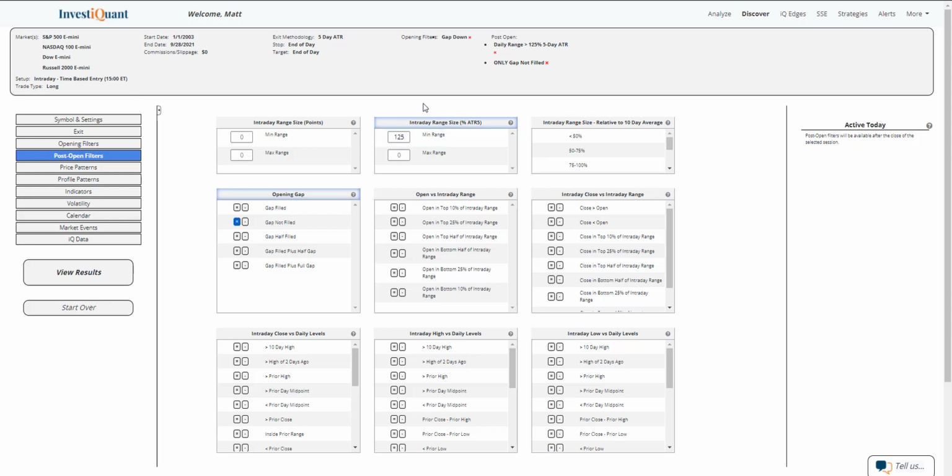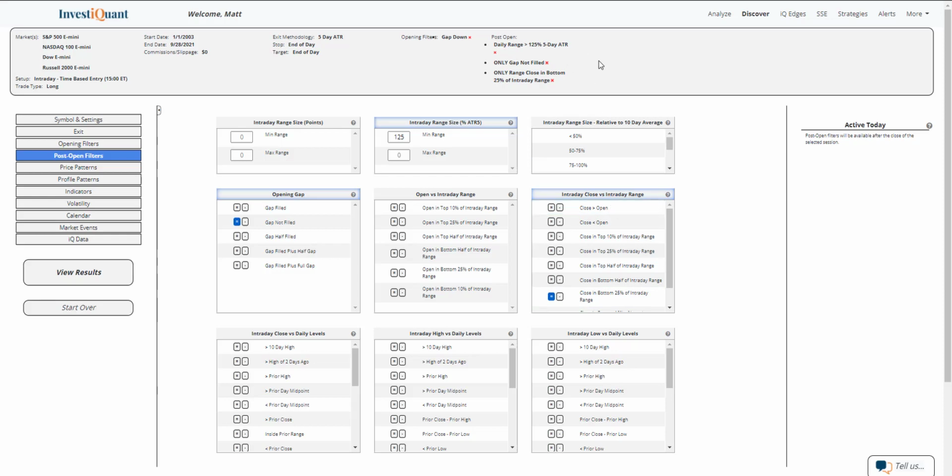And then I'm also going to say that it is trading near the lows of the session as we approach the end of the session. So at the time of entry, which I've got set to 3 p.m. here, I'm going to say that we are trading in the bottom 25% of the intraday range. So I'm going to hit equals right here, close in bottom 25% of intraday range,